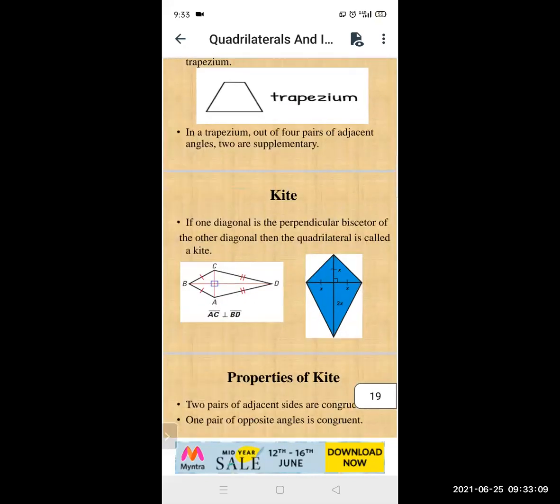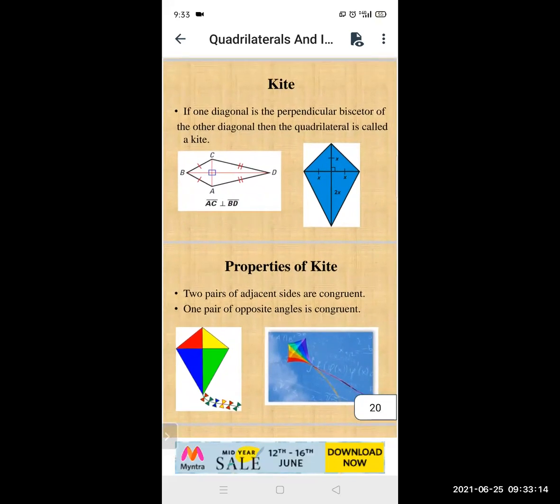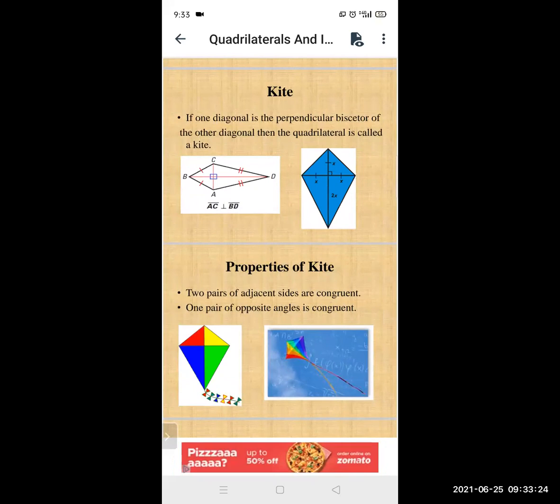And the last one which we are going to see is the kite. Everyone knows about a kite. What is a kite? The one which we fly in the air during the Sankranti season, and that is what we are going to see here, because it is also a kind of quadrilateral. If you see a kite properly, the above two sides are smaller and the below two sides are bigger, because it becomes easy when we fly the kite in the air. So it goes up and up.